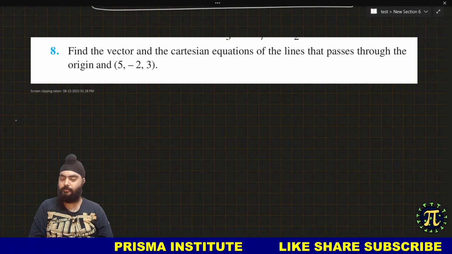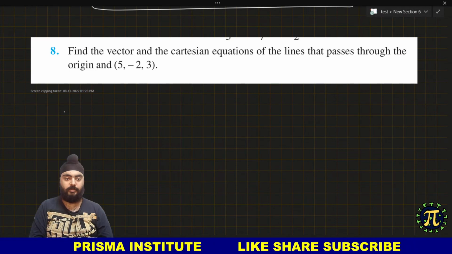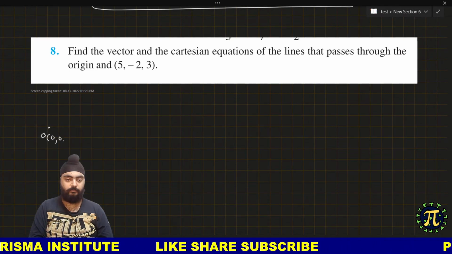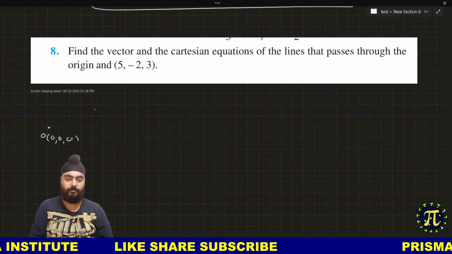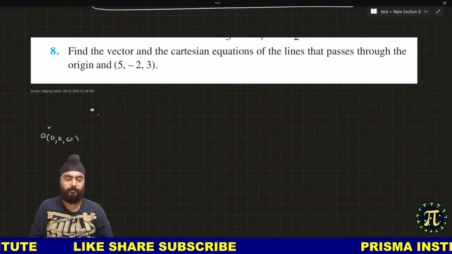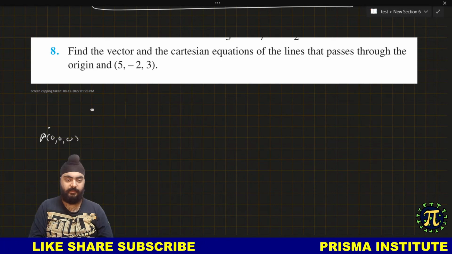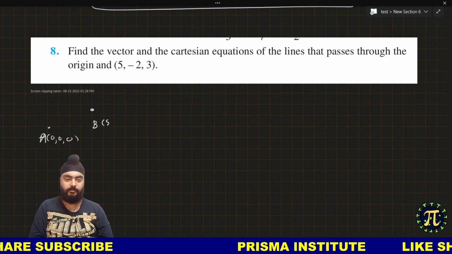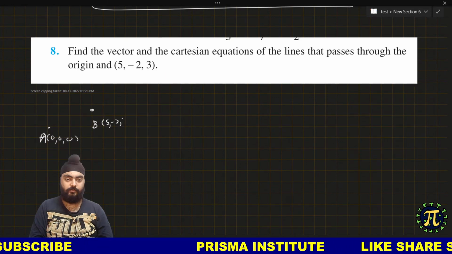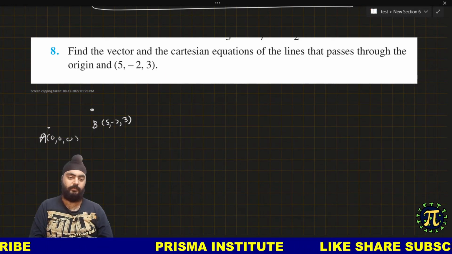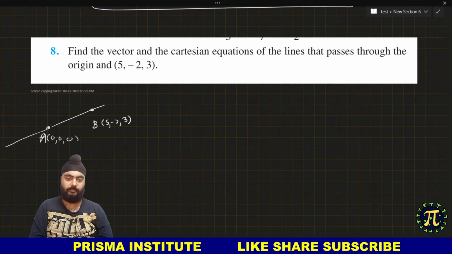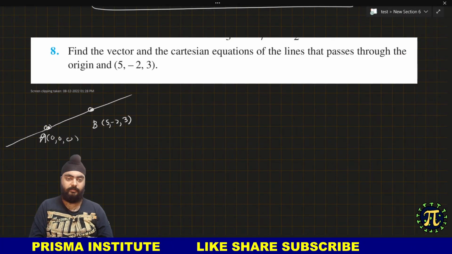ठीक है, so our line passes through 0 0 0, right, and it also passes through a point, let's say this is point A and point B, which is 5, minus 2, 3. दो पॉइंट से पासिंग लाइन का इक्वेशन कैसे लिख सकते हैं? Well, I have now